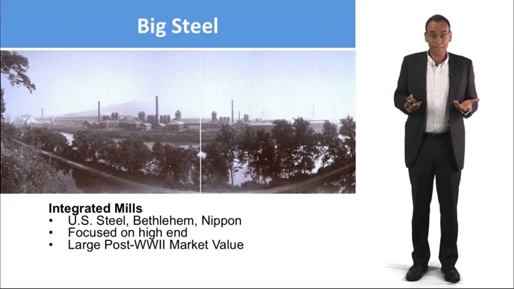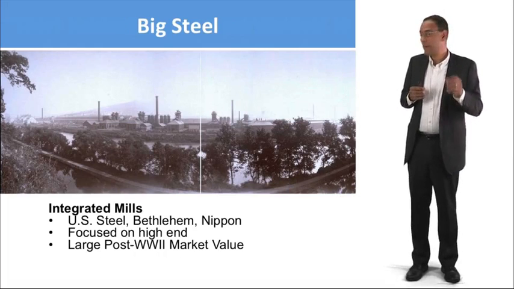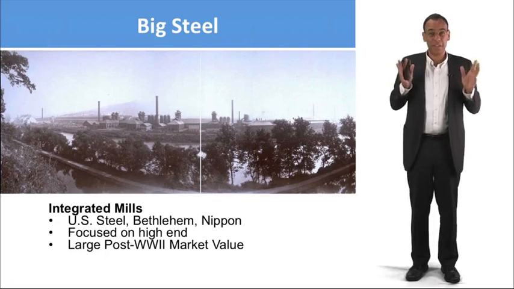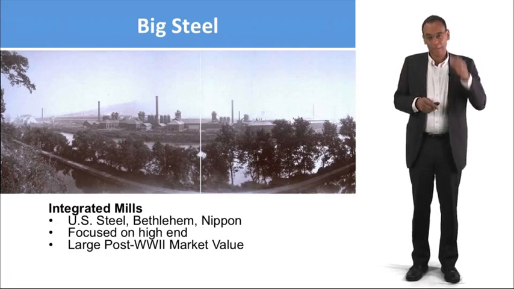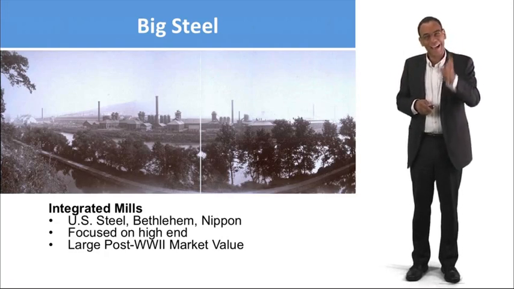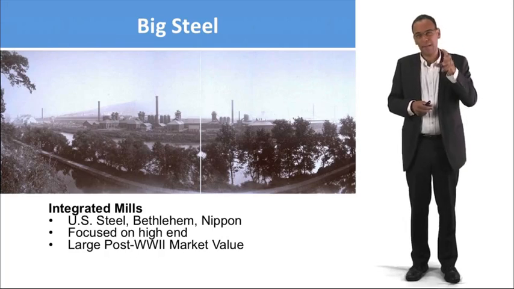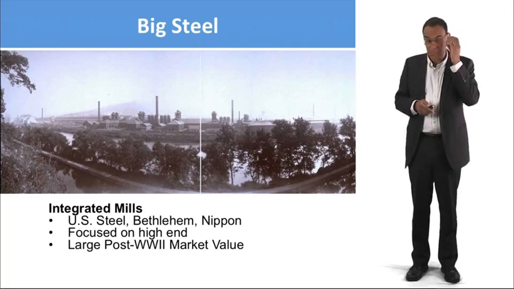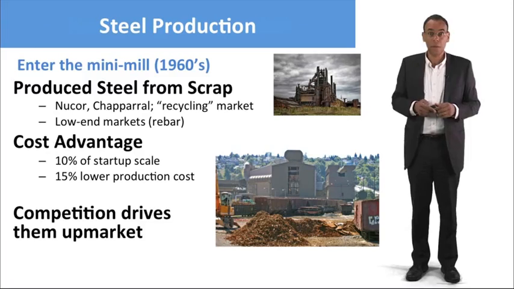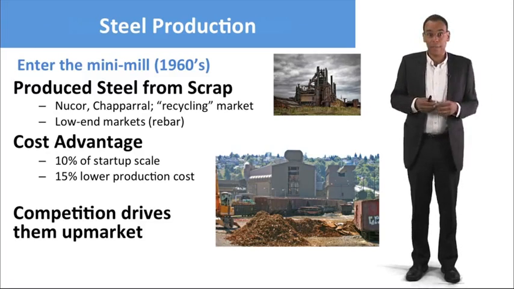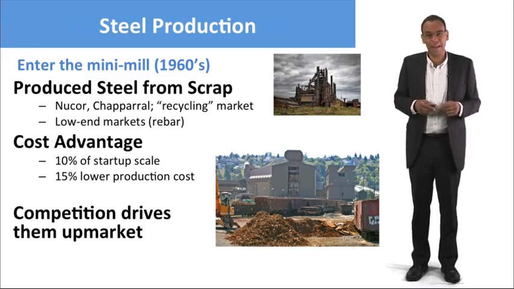Another one, big steel. There was a time when the integrated steel mills were it. Some of these mills were as big as a small city. They were totally vertically integrated. They were focused on the high end of steel. After World War II, there was lots of market value in these things because they were able to produce this super high quality steel. Well, some small mills came in, companies like Nucor and Chaparral,